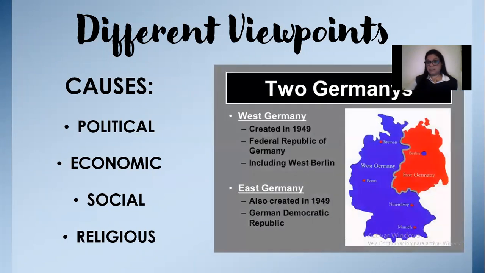The two Germanys. This division began in 1949. West Germany became the Federal Republic of Germany and included West Berlin. And East Germany was also created in 1949, and it was the German Democratic Republic. They were divided by a wall, the Wall of Berlin, which was demolished in 1989. So it